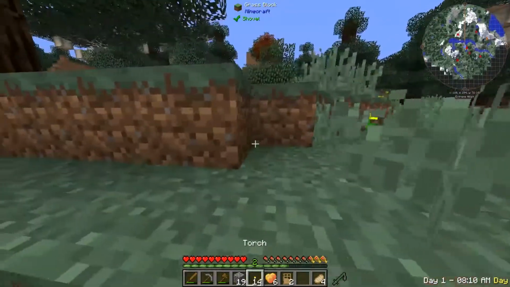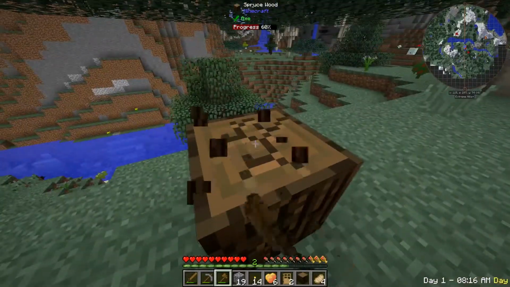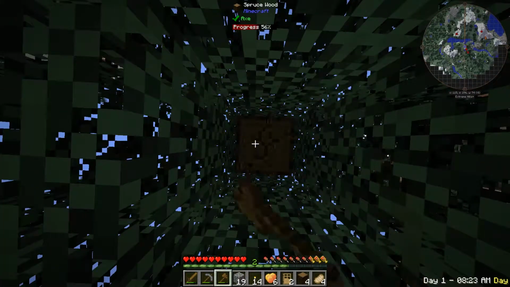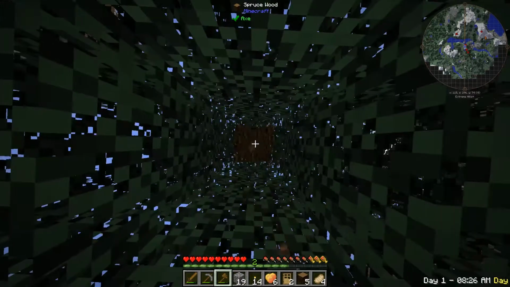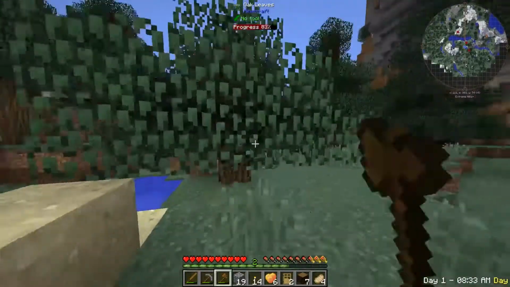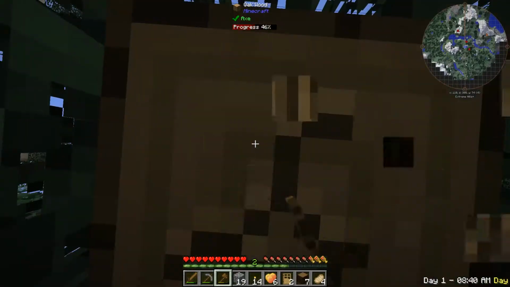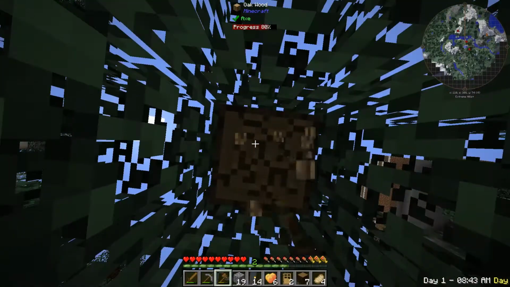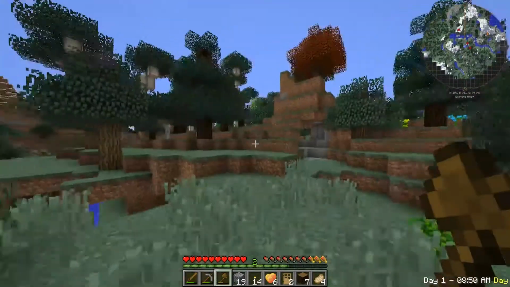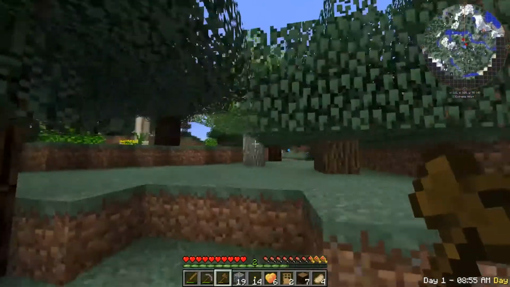Need wood first. Let's get our trusty wooden pick out. Wooden axe out. Chop ourselves one more. Good luck. Or maybe two more. I guess that's what the good luck was for. Let's get this one here. So as I was saying last episode, I really do just want to grab some basic supplies for now. Build up a really just standard base, and then from there we'll be able to...